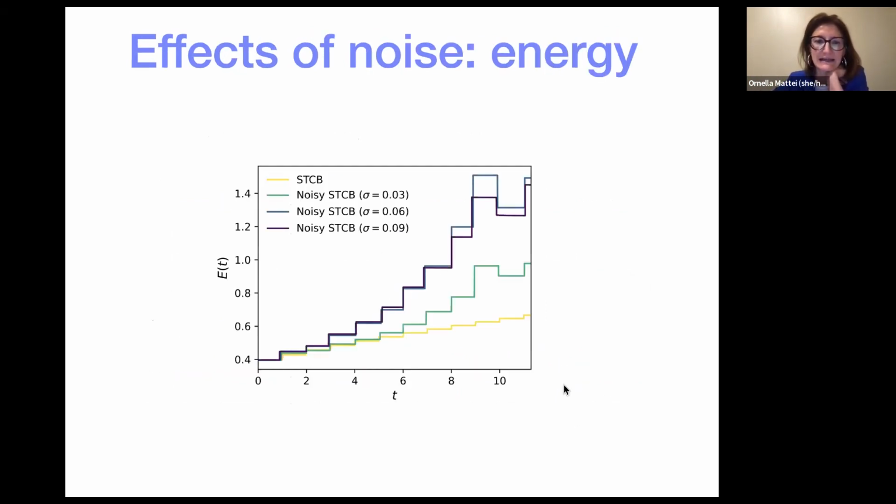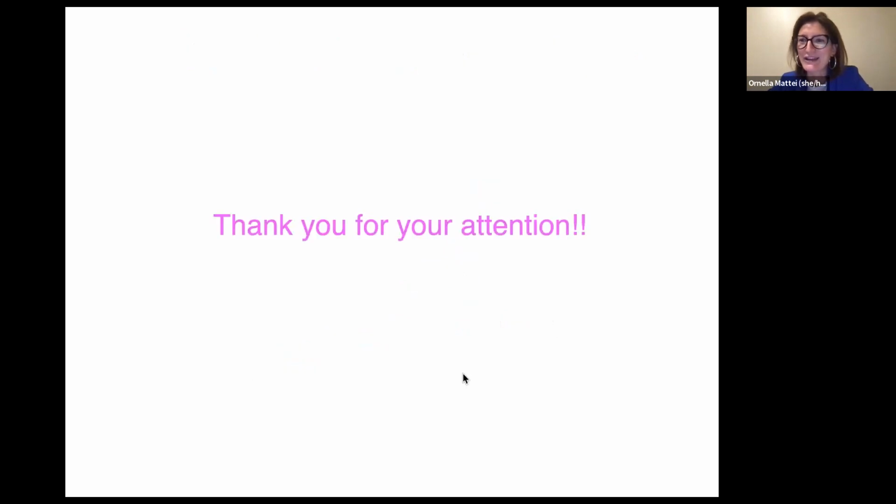What happens then to the energy? Well, in yellow, you have the energy when there is no noise, and the other three graphs represent the cases where you do introduce noise, and you see that the energy does increase in time. So noise has a positive effect in a time laminate, but it does not have a positive effect in the geometries that we're looking at, for which the time interface needs to occur at very specific moments of time. So this is all I wanted to discuss today.